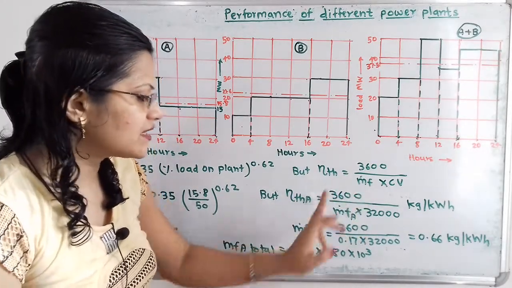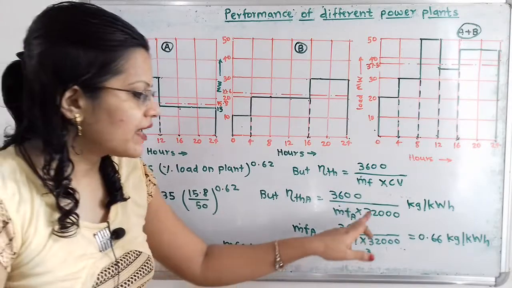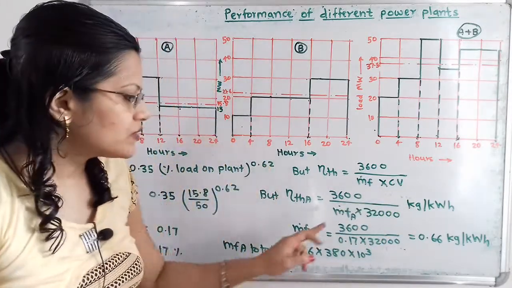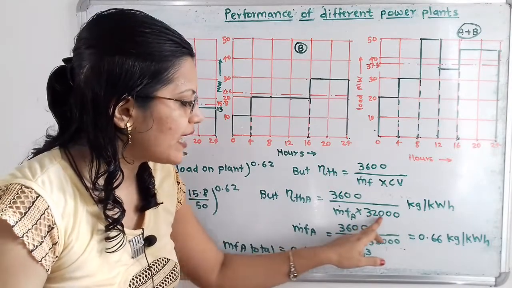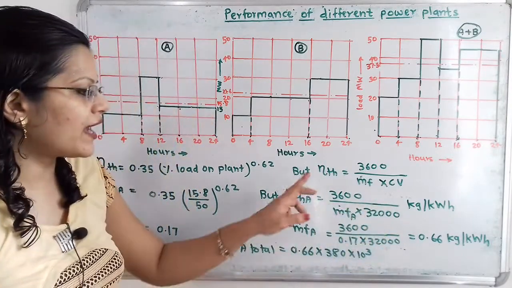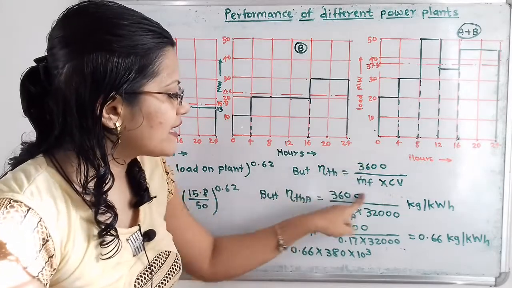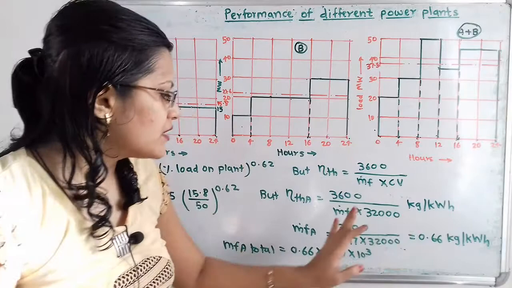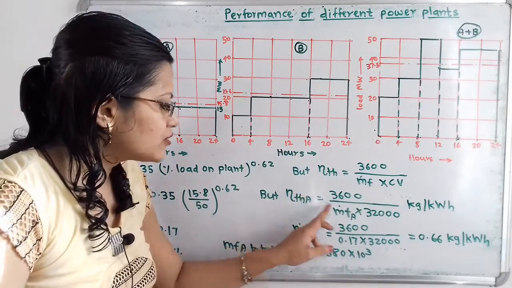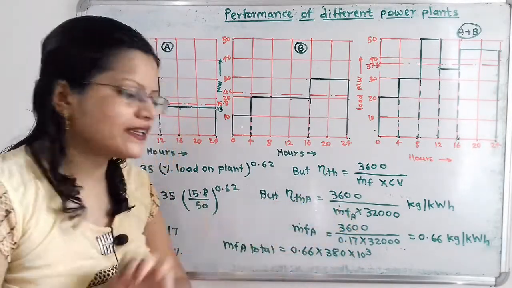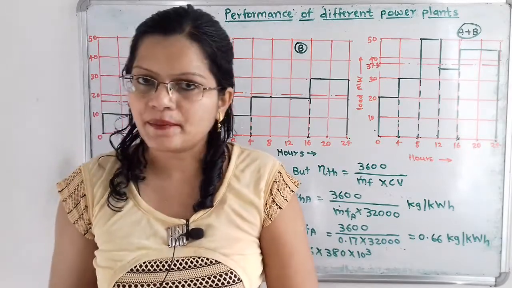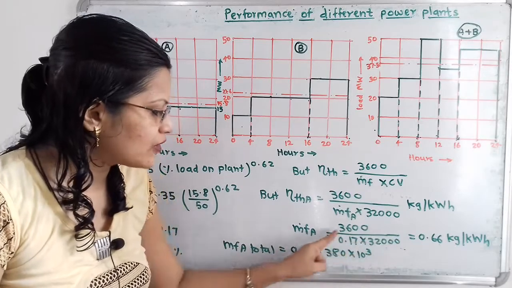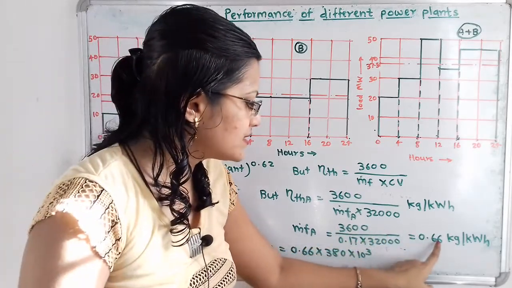Then 3600 is the number, and the calorific value is also given in the question, so this 32,000 we have to put here. When we take this formula, the unit is kilogram per kilowatt hour. Now only one value is unknown, that is the mass of fuel supplied per unit time. We can calculate it, and it is 0.66